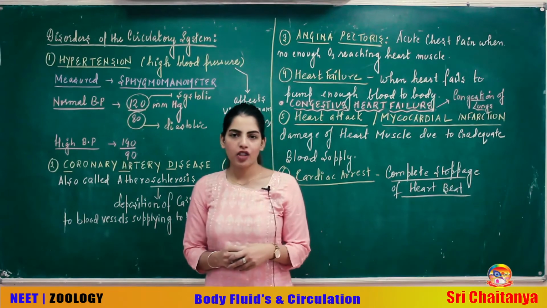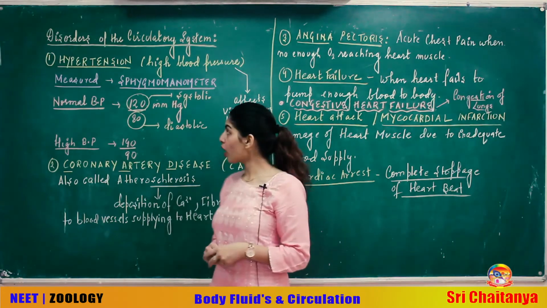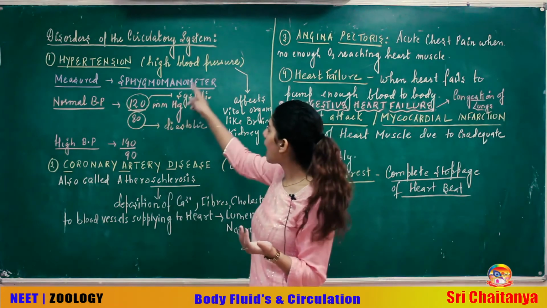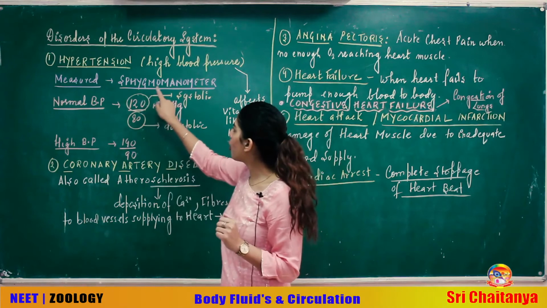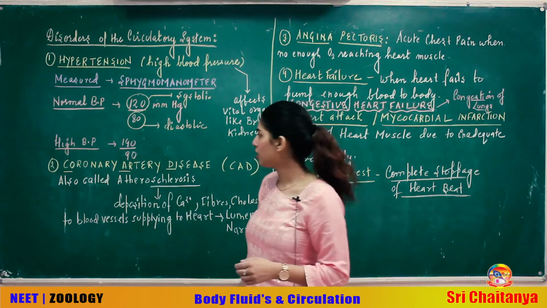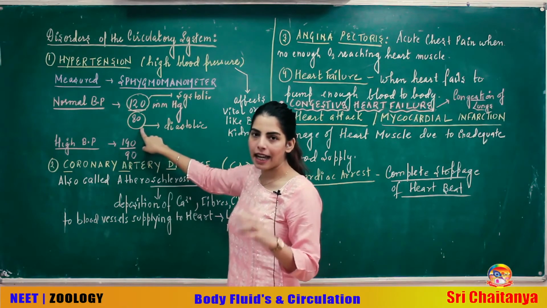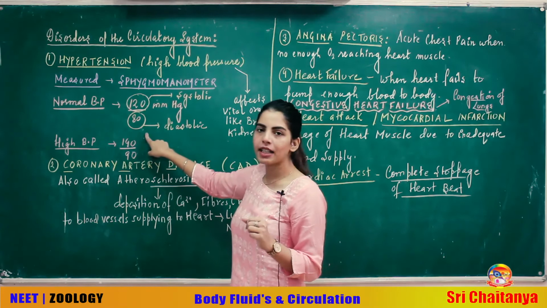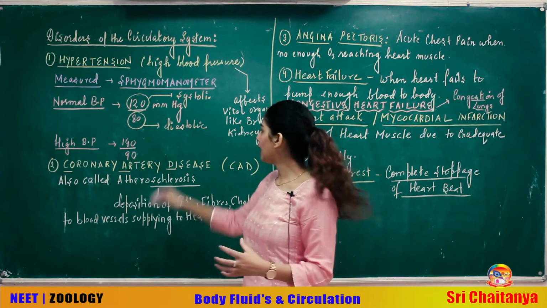Now let's move to the last part of this chapter, which is the disorders of the circulatory system. Talking about all the disorders one by one. Now talking about the very first disorder, which is hypertension. Hyper means more. Hypertension is high blood pressure. The device that is used to measure high blood pressure is the sphygmomanometer. Now talking about the normal BP of any person, that's 120 by 80 mmHg. 120 represents the systolic pressure, and 80 represents the diastolic pressure. Also you can say 120, which is the systolic pressure, is the pumping pressure, and the diastolic pressure is the